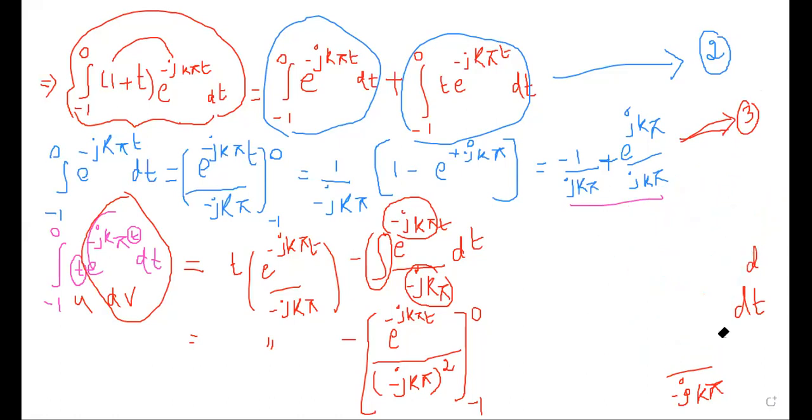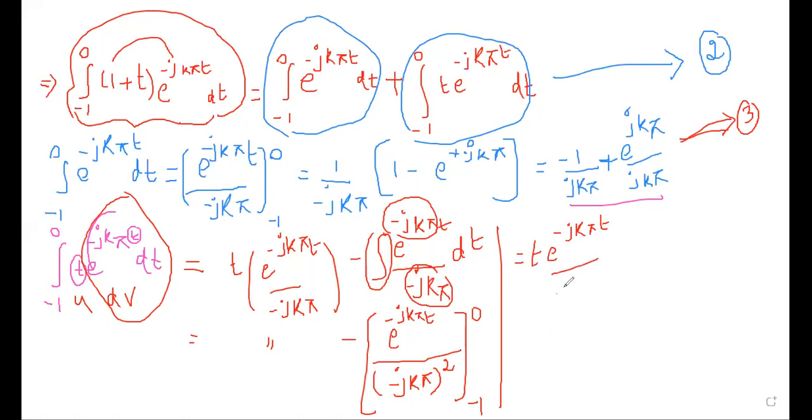Yes, ma'am. Okay, I want you people to apply the limits for the second term. The first term will be repeated: first term is t into e power minus j k pi t the whole divided by minus j k pi. I want you to just substitute the limits for the second term. Let me take the denominator: minus j the whole square becomes minus only. You know why? Then it is k square pi square.